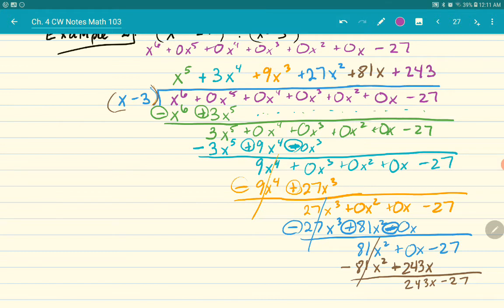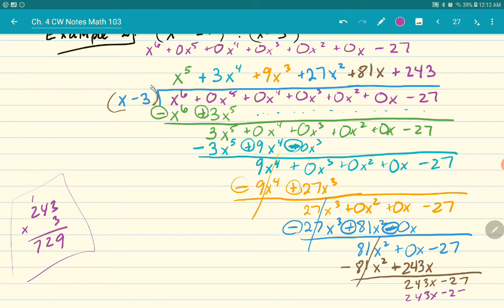So that times x minus 3 gives me 243x. 243 times 3 gives me 700 and something. That gives me 729. Feel free to grab a calculator for that. I prefer to just do a little side note there. So that gives me